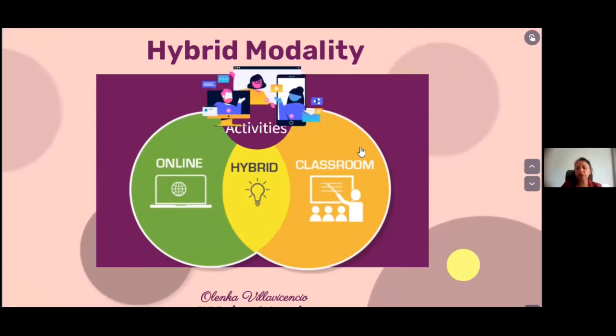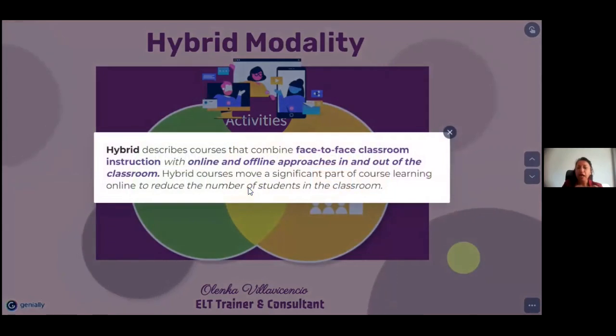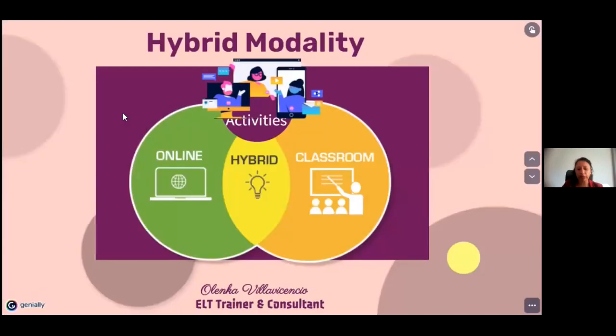And the most important when I said hybrid mode, okay, it's the mix, the combination, because hybrid describes courses that combine face-to-face classroom instruction with online-offline approaches, online, synchronous, offline, asynchronous, in and out of classroom. Hybrid courses move a significant part of course learning online to reduce the number of students in the classroom.